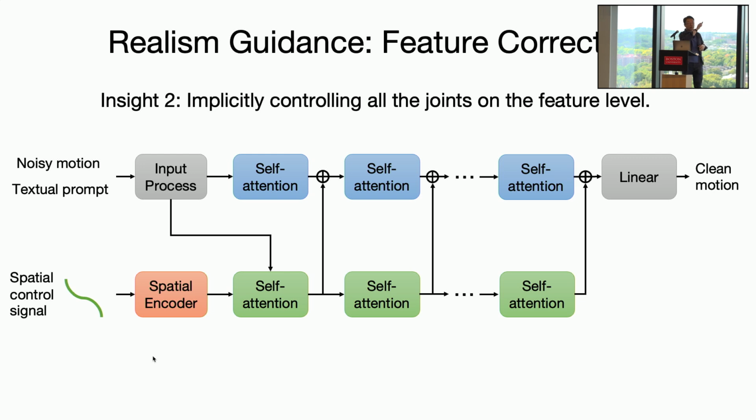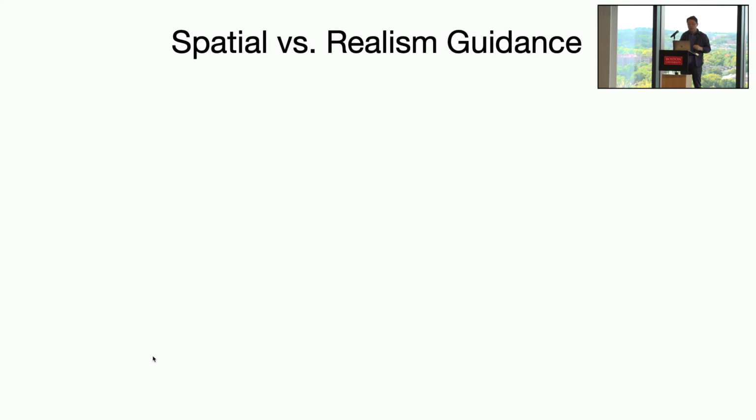At the top is a regular human motion generation model. At the bottom is a new plugin module. We choose to provide some correction or feedback in the feature space. With both the spatial guidance, which explicitly controls the position of certain joints, and the realism guidance that controls all other joints implicitly in the feature space,